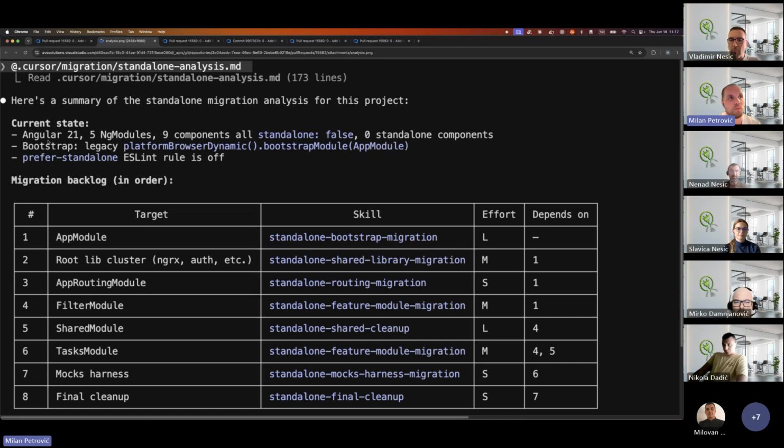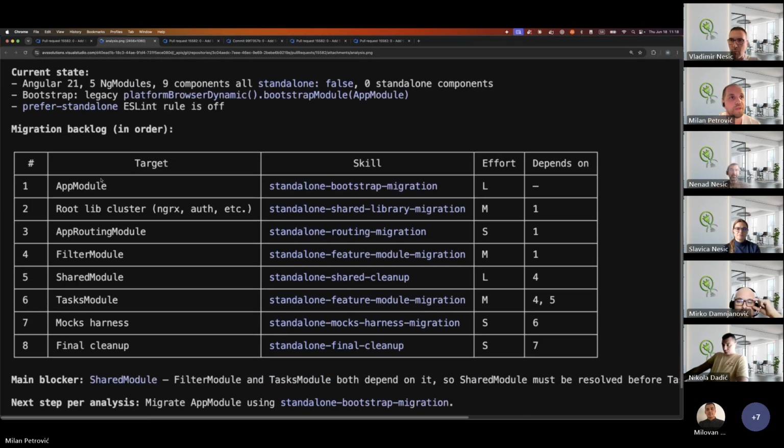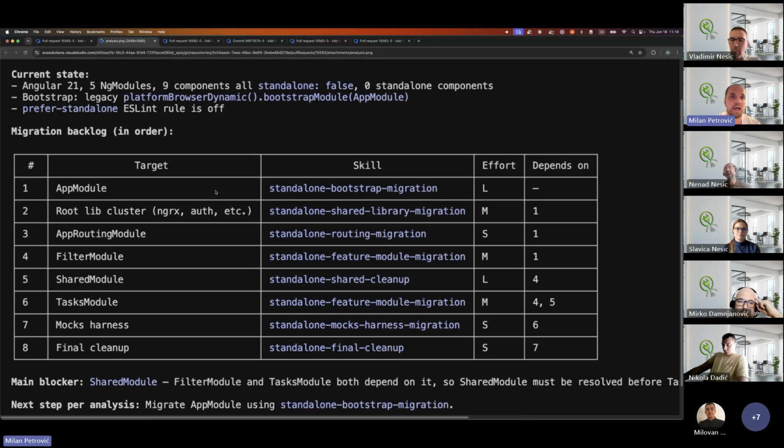The current state of my application is Angular version 21, 5 modules, 9 components, none of them are standalone. Bootstrap application uses platform browser dynamic, the old way of bootstrapping an application. As well, this skill recognizes that my ESLint rule is off for prefer standalone. In the table, we see the order of the backlog of tasks actually. Each task is assigned